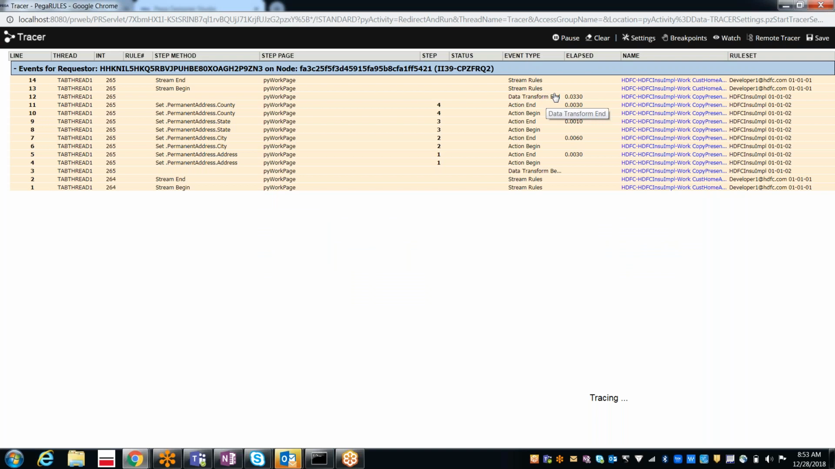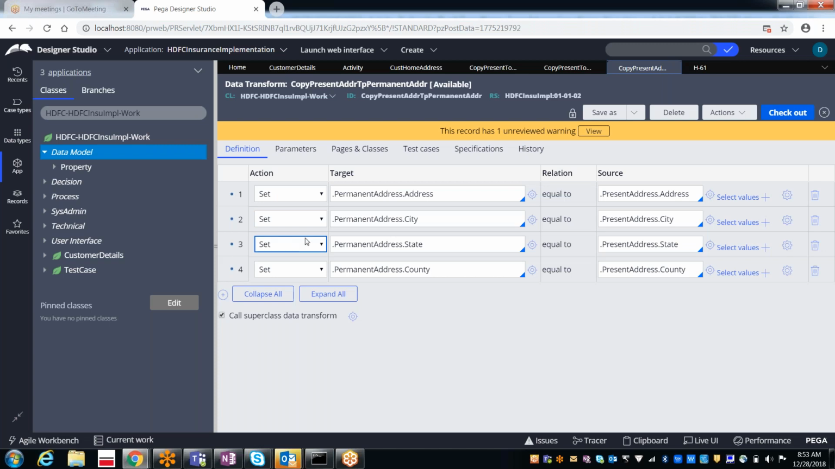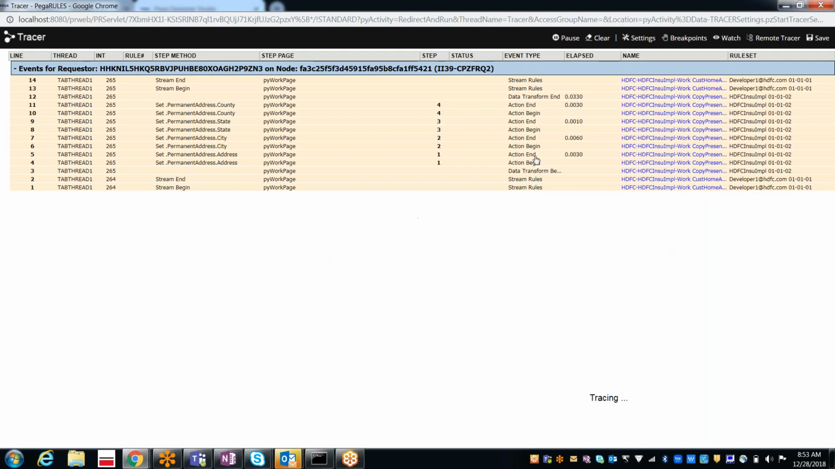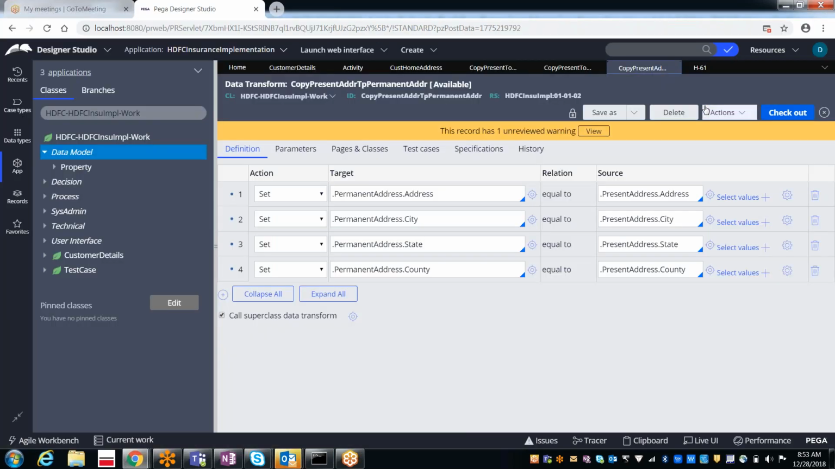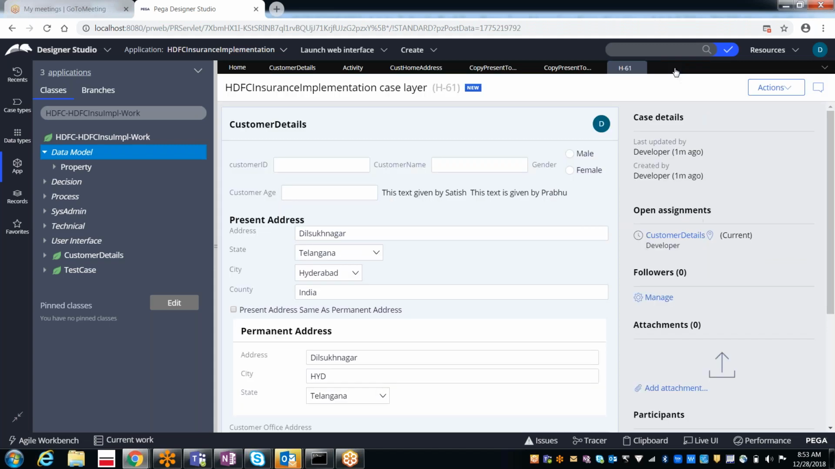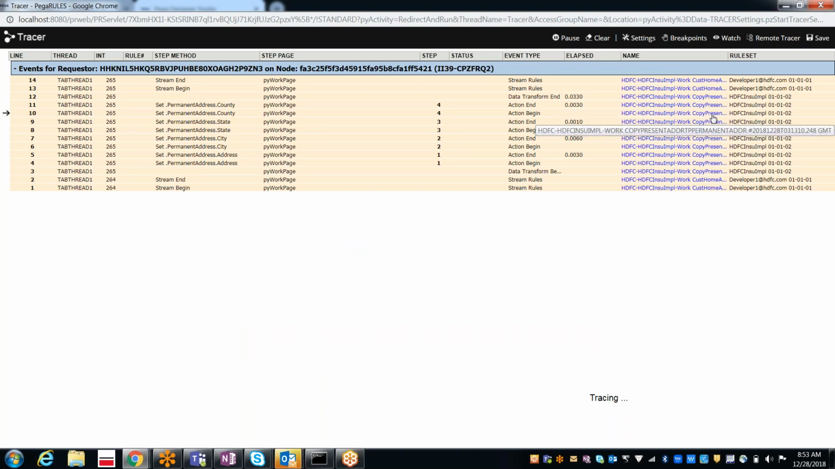So this is the way we can trace it and confirm. In case it is calling an activity, here it will clearly show you that it is an activity rule: activity begin, activity step begin, activity end, like that. And here again we can see the actual data transform that is getting called. Once you click on the rule, it will open here. See, I closed the data transform now. Now if you click on the data transform here,